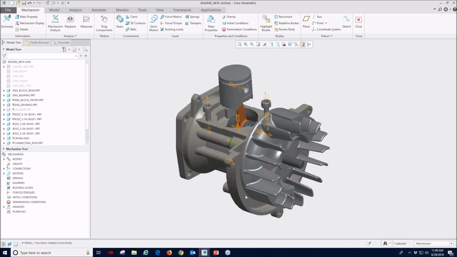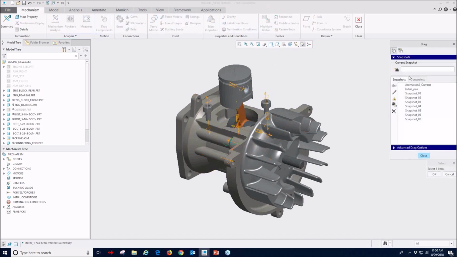So I want to go in and actually run a specific analysis to run this through its range of motion. And so one thing I can do is, if I always want this to start in a specific position, I can go in and I can take a snapshot. So I can take a snapshot, I can call that demo. And so now I can jump